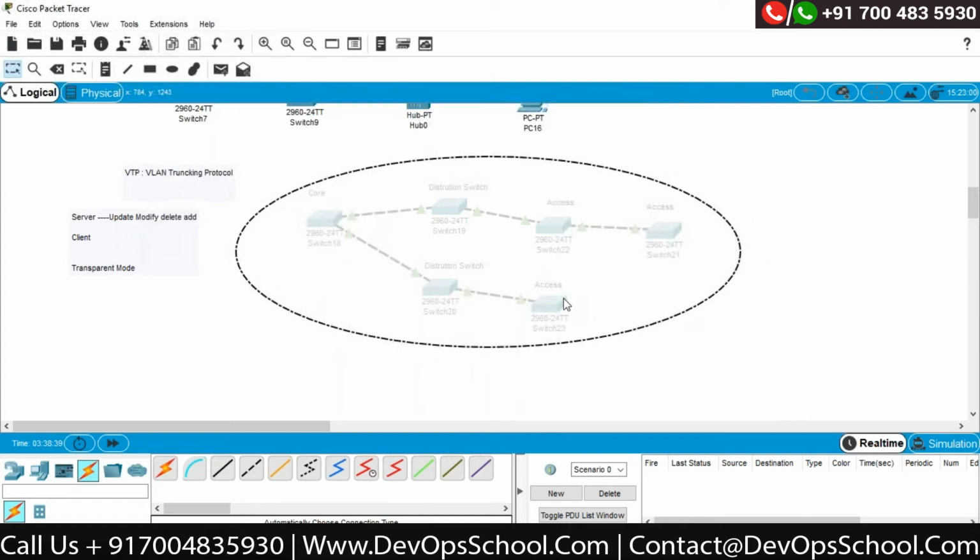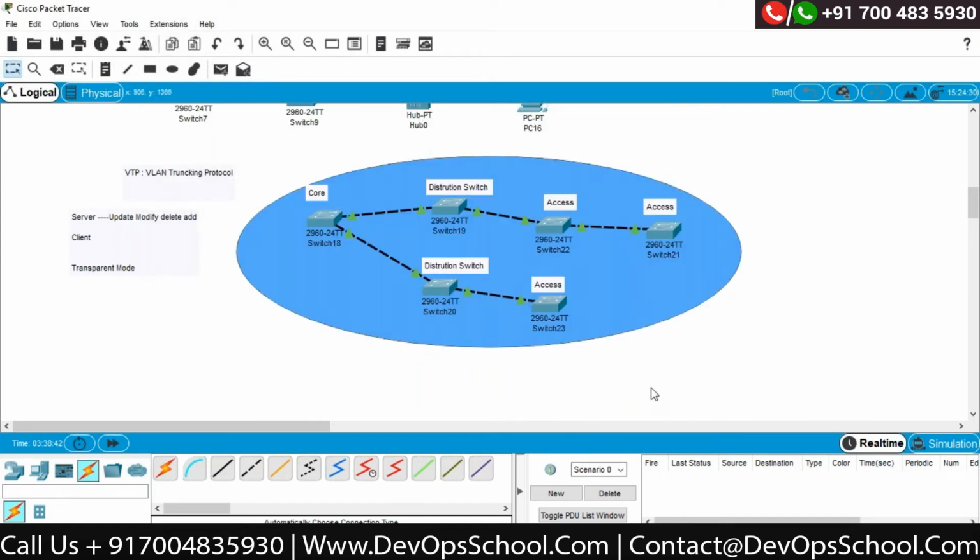So VTP only works with a single domain, correct? If I mismatch the domain name in your network while configuring that, then your VTP advertisement will not process, correct? Because while configuring the VTP, it will ask me two major things. It will ask me, give me the domain name. So I have to think and create one logical boundary, and that logical boundary we can call the domain name, correct? I will say my domain name is cisco.com,